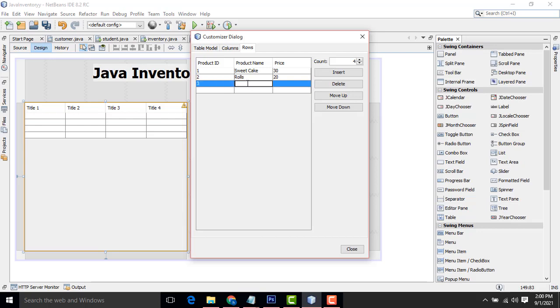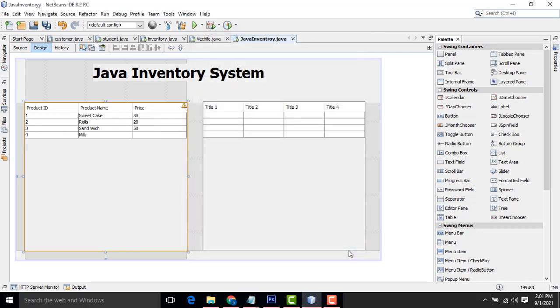Third one, sandwich, price 50. Fourth, milk, price 40. That's it. A simple table.